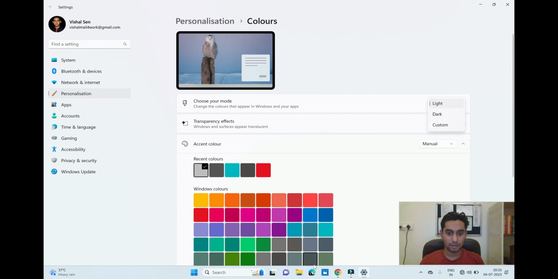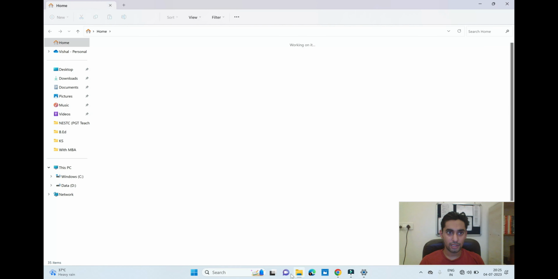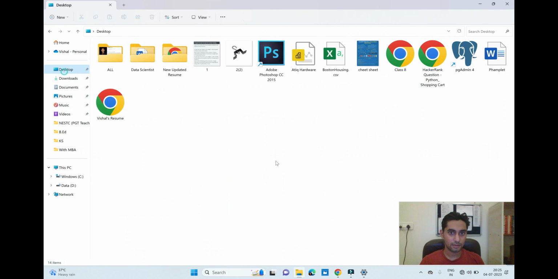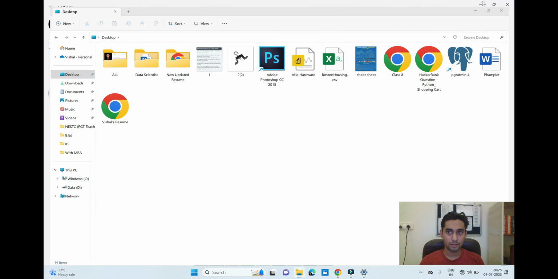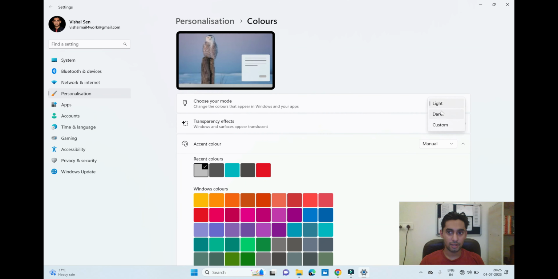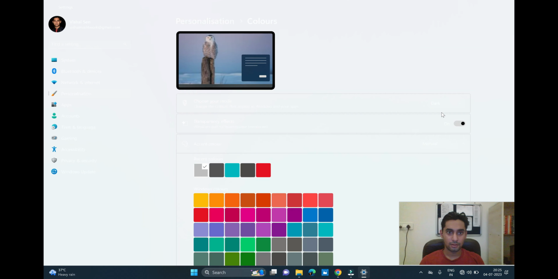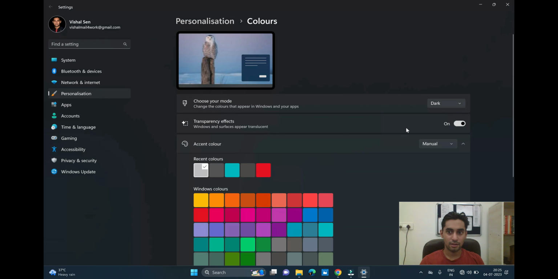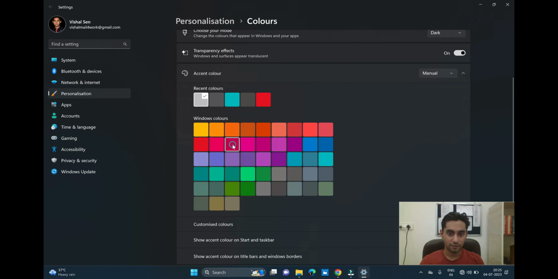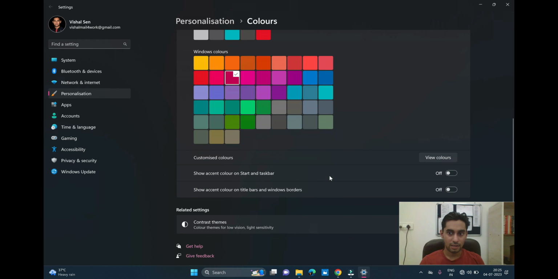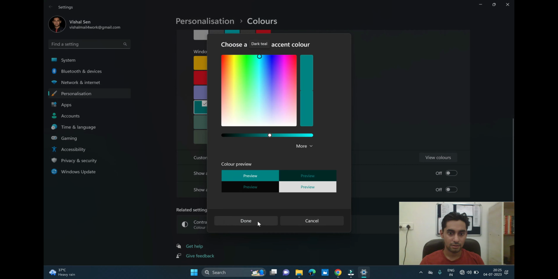Here, select. See, before in the light mode the folders look like this. Now here you can click on dark again, ta-da. And you can even change the colors here if you want, like if you want red, a few colors, and